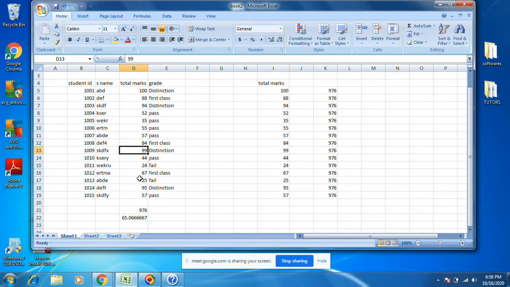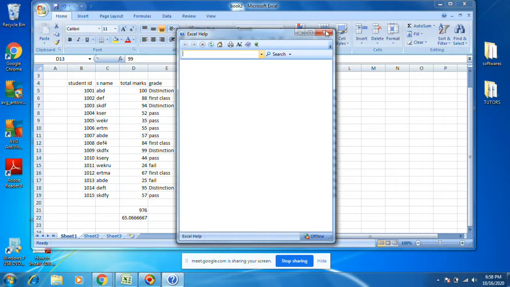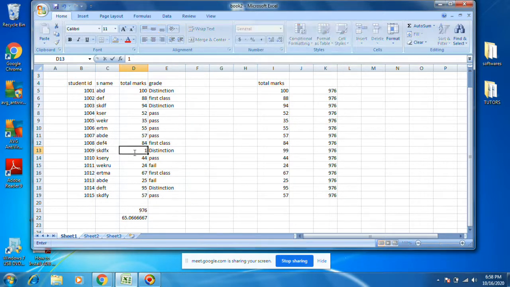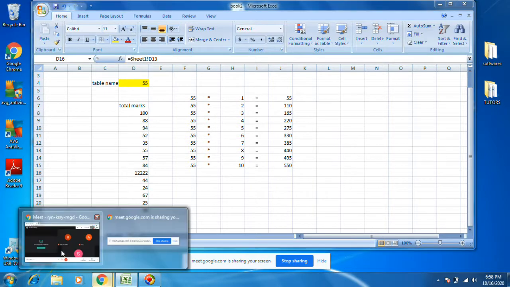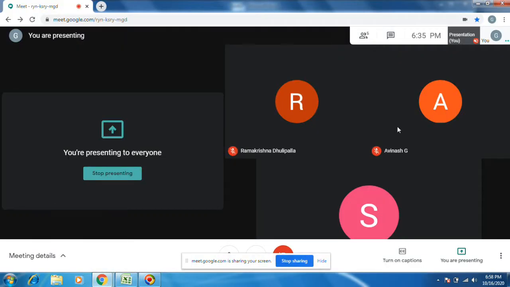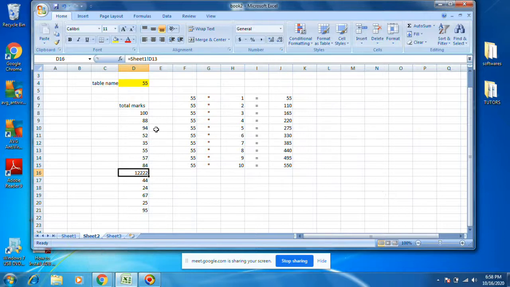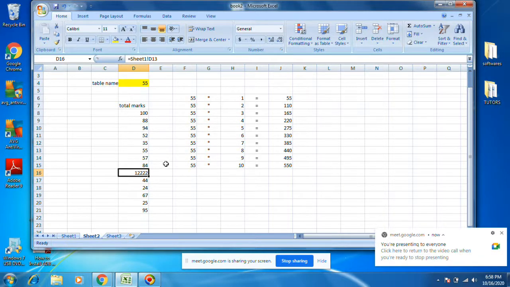If I want to change this as 1G or something, let's see, the value will get changed here. Yes, it got changed. Wherever it is, the cell value will get changed. What if the absolute, how can we put this absolute reference here?